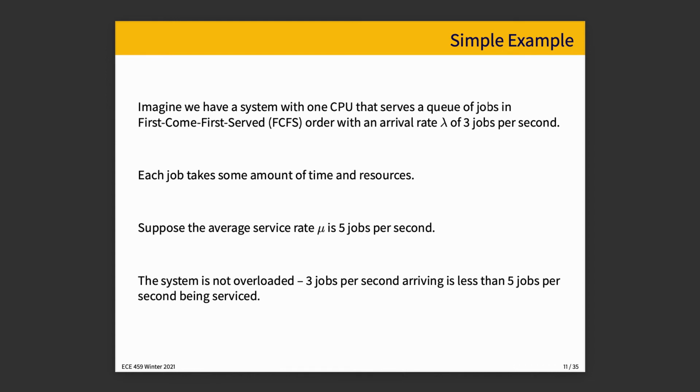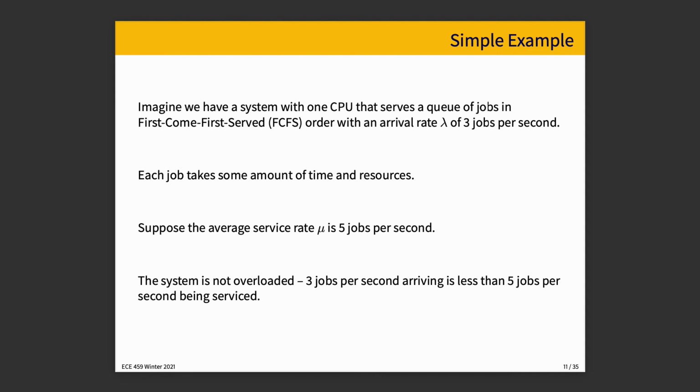Okay. Let's imagine that we have a system that has one CPU that serves a queue of jobs in first-come, first-served order with an arrival rate lambda of 3 jobs per second. That is to say that on average, 3 jobs arrive per second. It's not the case that exactly 3 jobs arrive in each second. It's important to remember that this is an average. Every job takes some amount of time and resources, but we can, for now, ignore the particulars of it, and we can just say, these are the jobs that arrive, and we will service them as they arrive one at